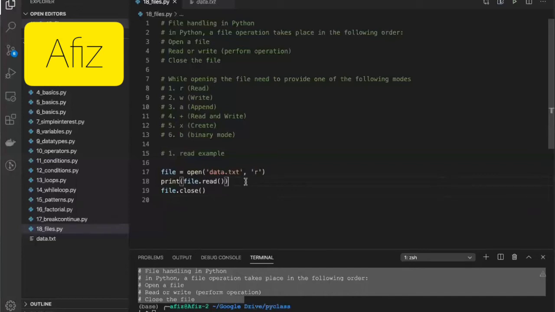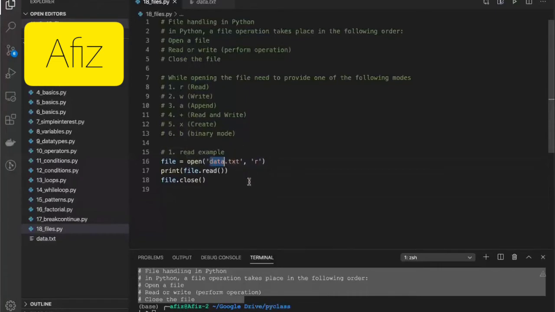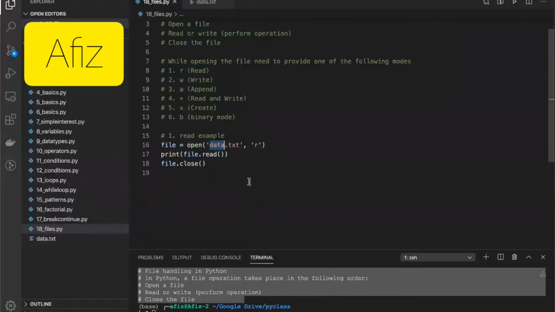So once again, let's discuss this. For opening the file, we use the open method, and to that open method, the first parameter will be the file. Since the data.txt is in the same folder, I gave that location here. If that file is somewhere else, then we need to give the entire path of that file, maybe like Users, your name, and then some Downloads folder, or wherever it is.